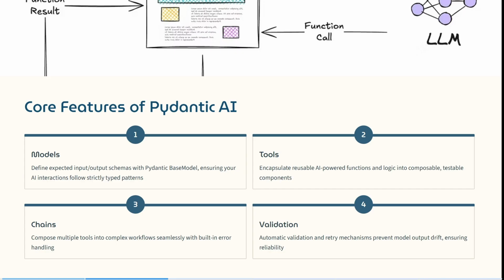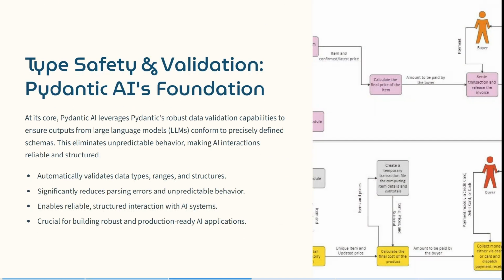You can also automatically validate and retry mechanisms that prevent model output drift. And this, of course, will ensure reliability. The last thing over here is their type-safe and validation. So the foundation of Pydantic AI. So at its core, Pydantic AI leverages Pydantic's robust data validation capabilities, as we've mentioned earlier, and